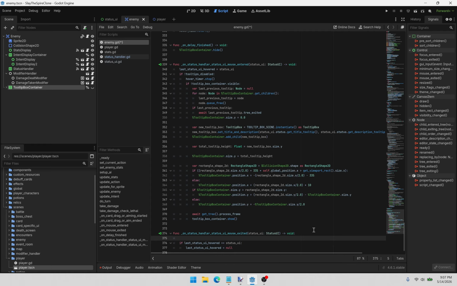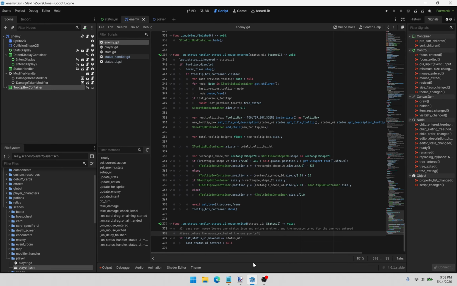So this is in case your mouse leaves one status icon and enters another, and the mouse entered for the one you entered fires before the mouse exited of the one you left, right? So yeah, that's why that conditional is there. So we do that, and then